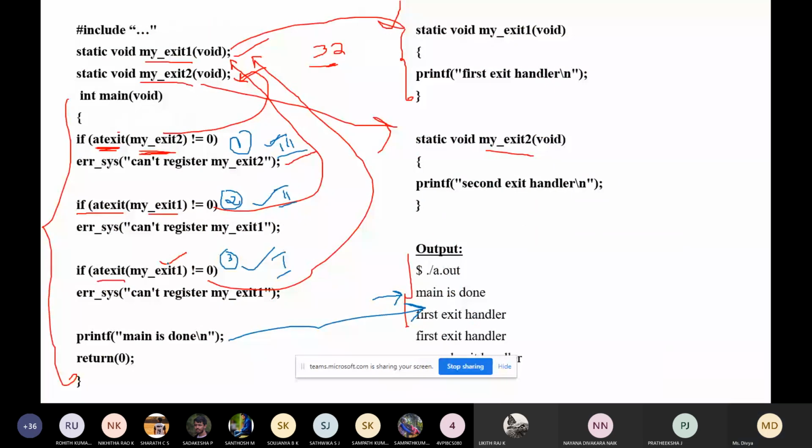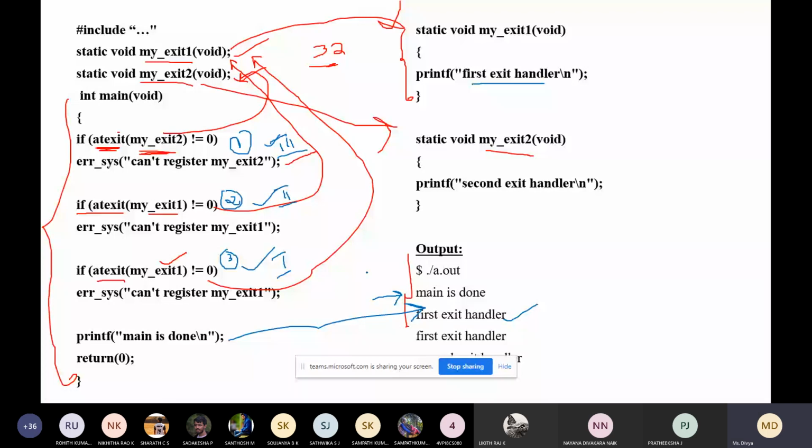Now you see here. So first, what will happen? It will display this message, my exit 1. What is there in my exit 1? First handler. So that will be displayed. Next, what will happen? This one. Okay. Next is this one. So what is that? Exit 1.